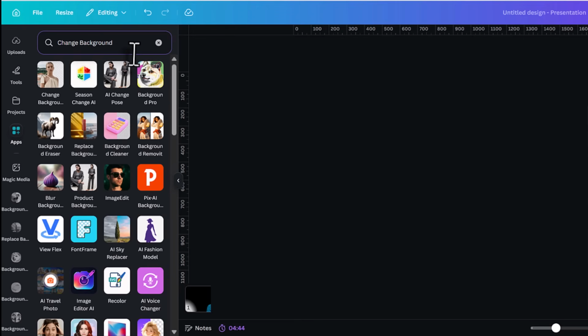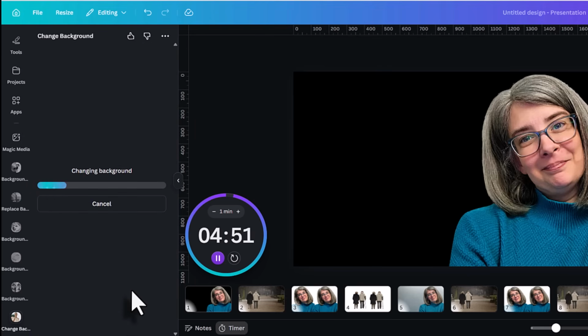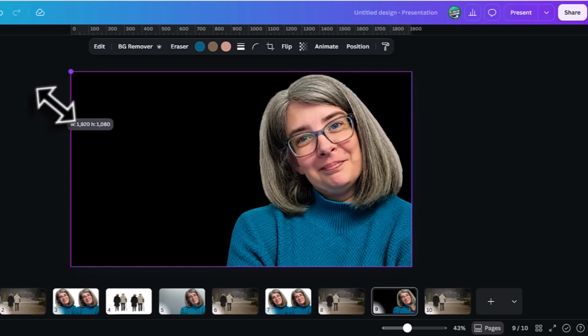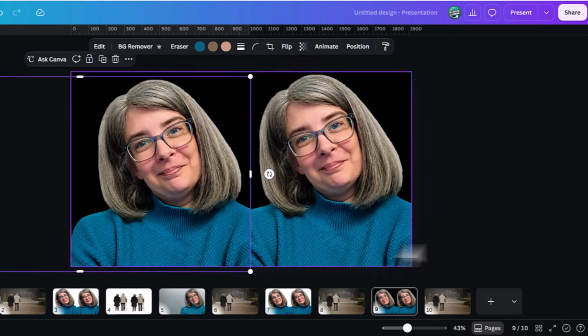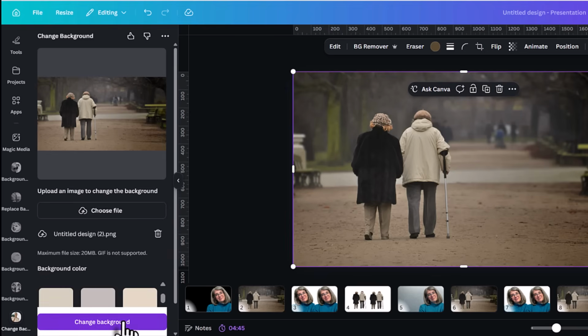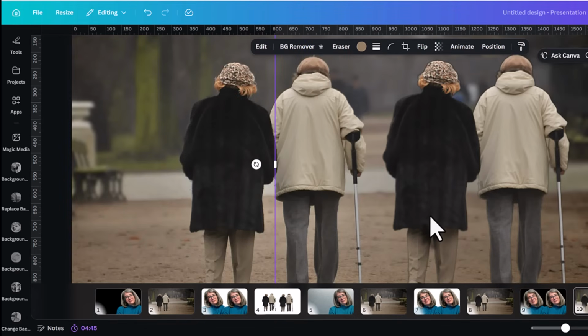Let's look at one last app inside of Canva before we head outside the platform. I tried Change Background. Unlike some of the other apps, this one did require me to upload my image first. Even though the output image was smaller than the original, I was surprised by how well it held up when I enlarged it again. In fact, the first result impressed me enough that I decided to test a second image. While the second image wasn't quite as sharp, it still did a good enough job that I think it's worth